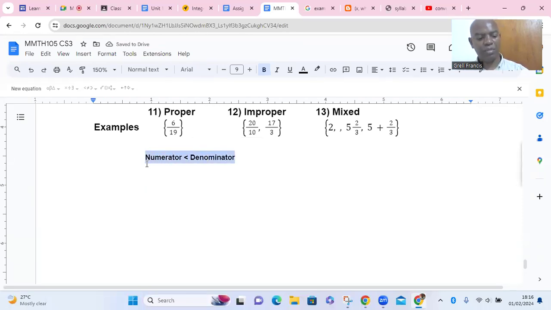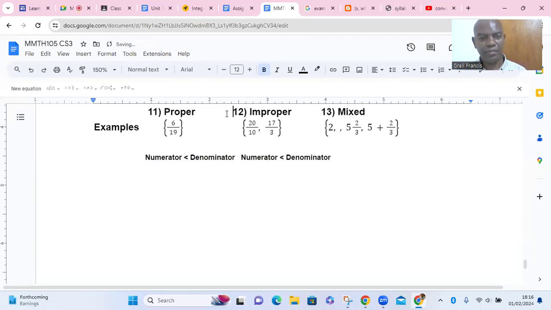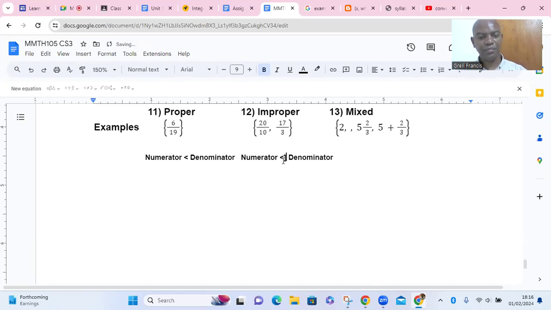For the improper, you can say the numerator is greater than the denominator. And for the mixed, you can basically say it's a